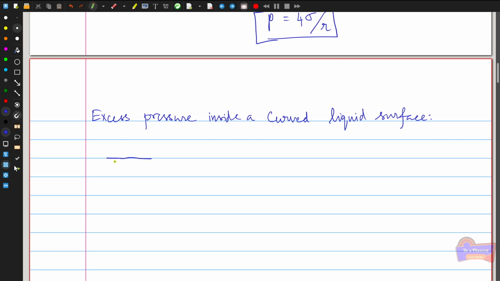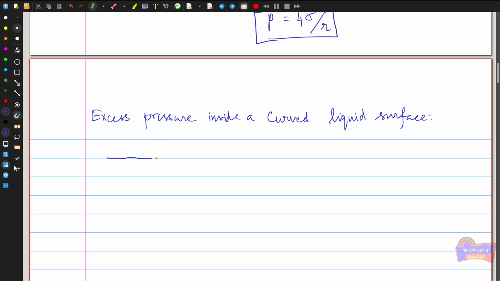However, for a curved surface, convex or concave, for the convex the resultant force acts upwards, and for the concave the resultant force acts downwards. For a convex surface, the pressure inside must be greater than the pressure outside, and the excess pressure inside the liquid drop or soap bubble balances the force of the surface tension. So to find the excess pressure of a curved surface, we are going to consider a